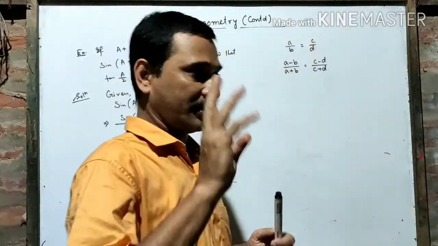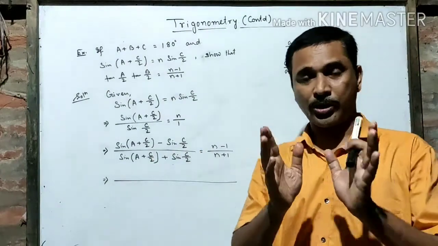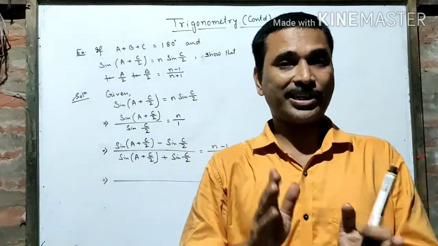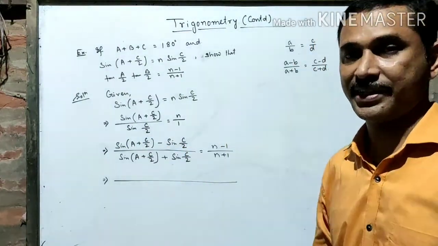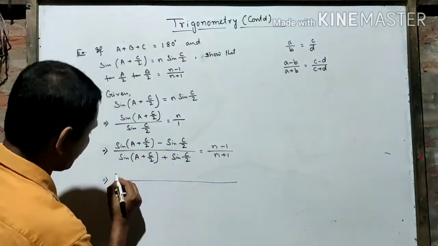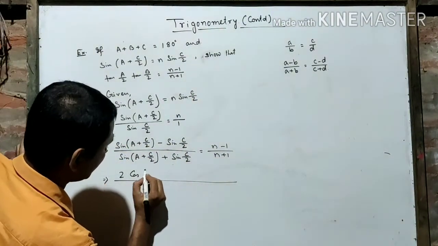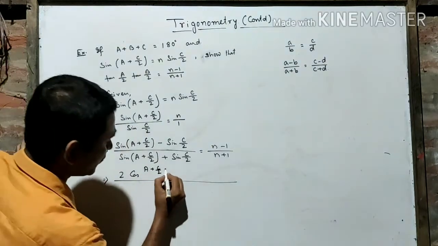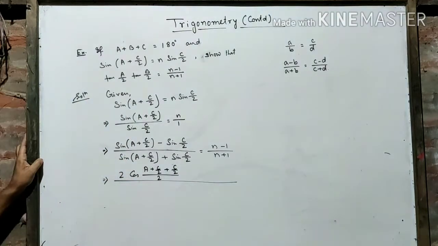Do you remember sin c minus sin d? Sin formula always involves sin cos structure. Sin cos, cos sin. So in case of sin c minus sin d, what is it? Here cos comes first, 2 cos c plus d by 2